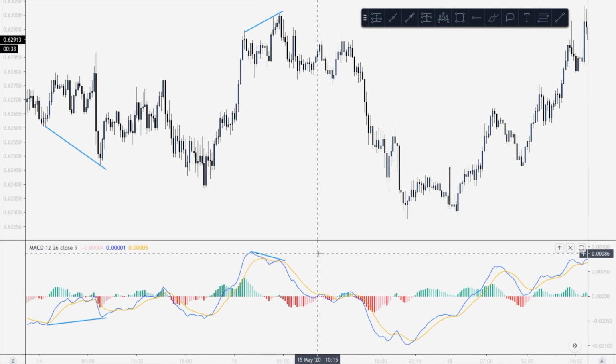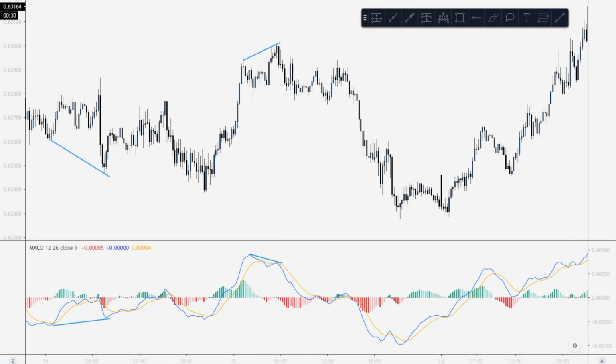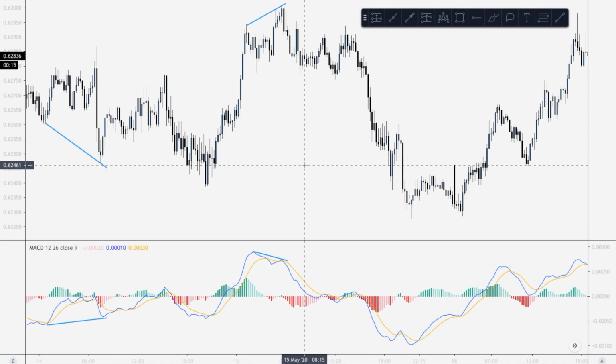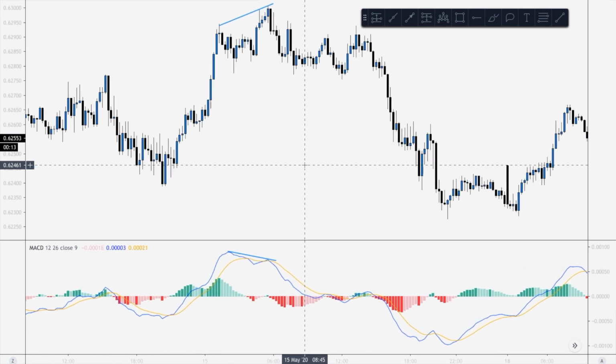The traders first spot divergence using the MACD line and signal line and then wait for two lines to cross over. By the way, if you don't know what divergence is, you can check it out by clicking the I button. Now let us understand how traders trade using this technique.